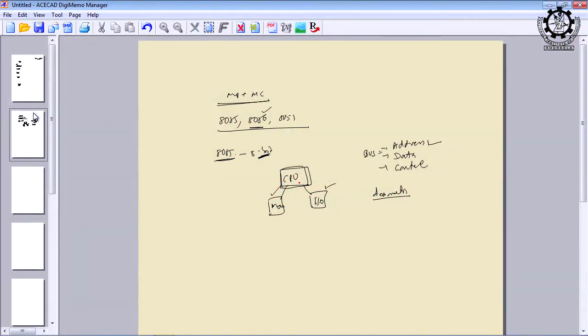Conceptually both are the same, but a microcontroller has one or two additional features over the microprocessor, and those additional features we shall discuss later. Now, let us concentrate only on the microprocessor. Okay? So, if I say this is the CPU, memory and IO devices, and they are all available as a single system, we call it a microcomputer, or we call it a personal computer.